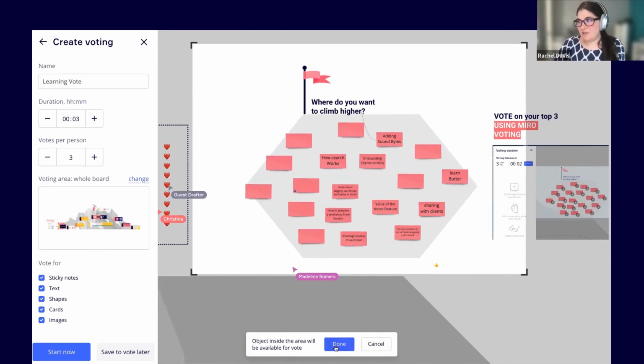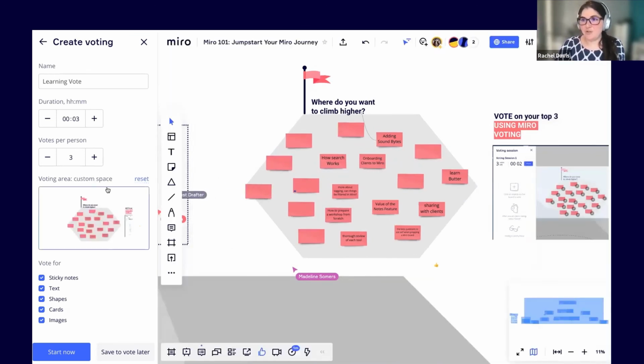Then you hit done down here and you'll see it changed to the custom space. So what we want is to unclick everything except sticky notes, because otherwise when they get the plus sign to vote, it's going to go on your images, it's going to go on your title, and you don't want that. You just want people to vote on the sticky notes.